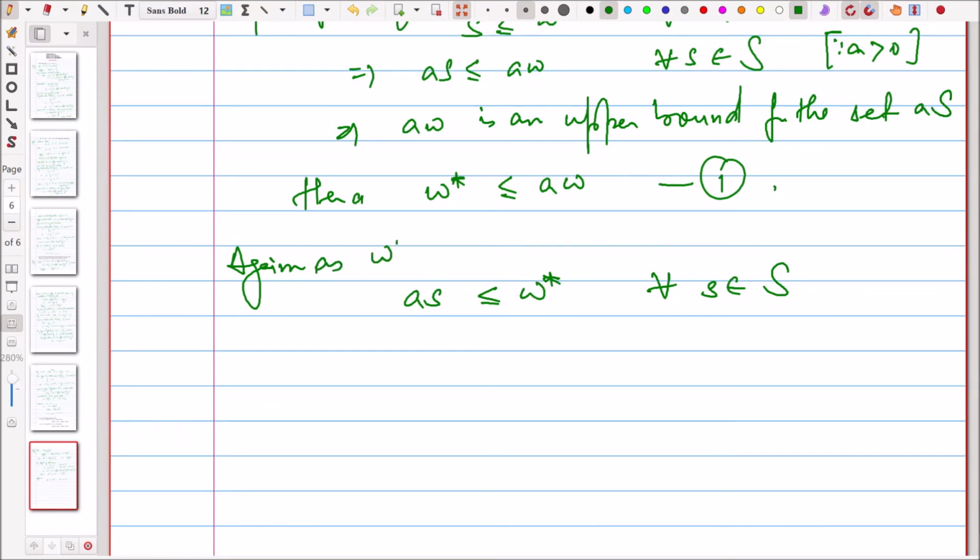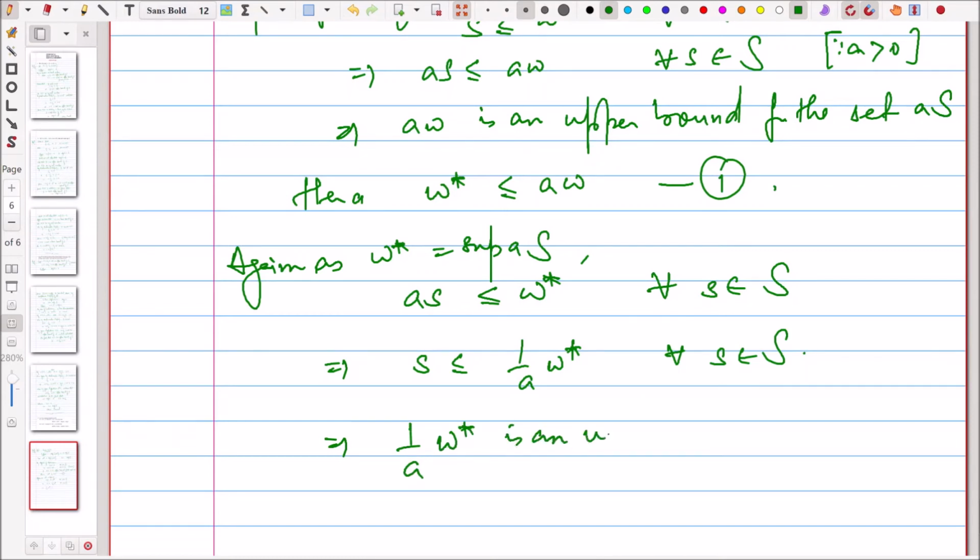Again, as w star is the supremum of aS, so as is less than or equal to w star for all s belonging to S. So this implies s is less than or equal to 1 by a times w star. Basically we are multiplying by 1 by a, which is positive, so the inequality will not reverse. So this holds for all s belonging to S, and this implies 1 by a times w star is an upper bound